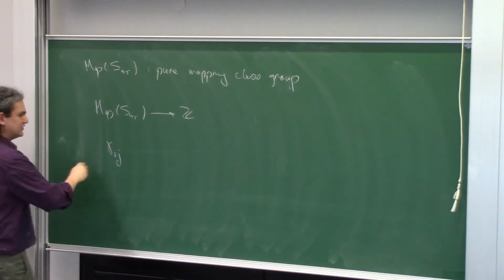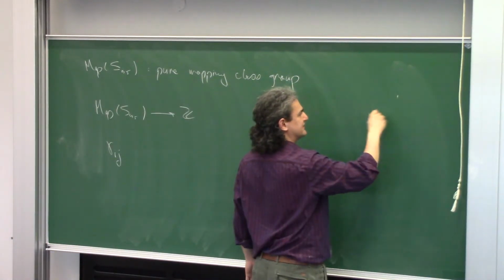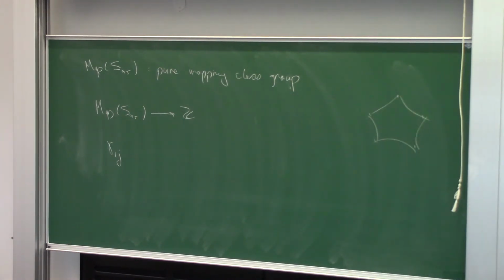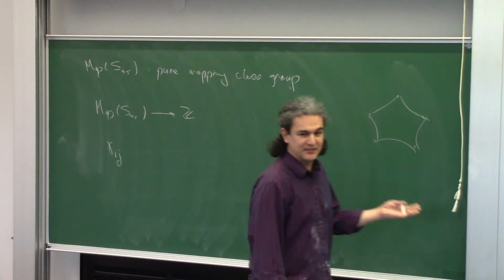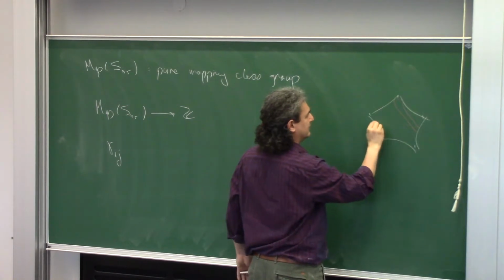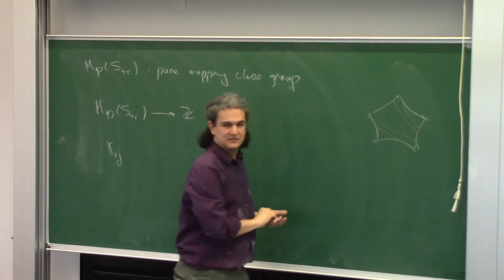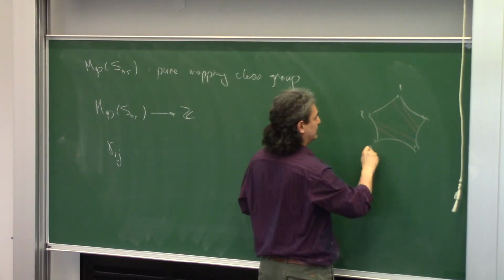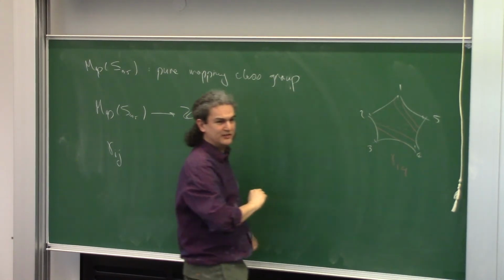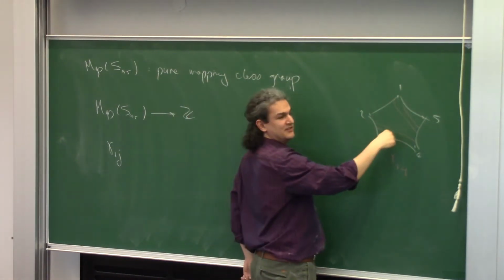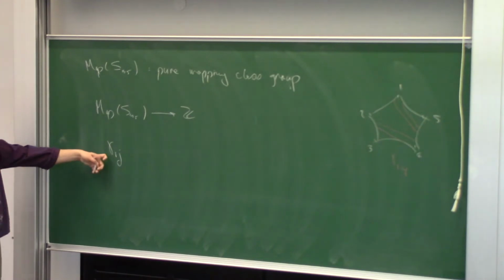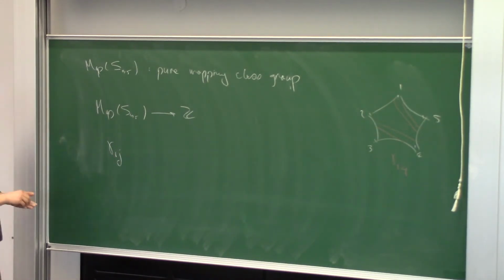So let's say gamma j. If I pick any curve in a 5-times punctured sphere, it always divides it into two subsurfaces. One of them has 2 punctures, one of them has 3. So for example, let's pick something like that, and that's punctures 1, 2, 3, 4, 5. I would call this gamma 1,4. Gamma 1,4 means the part of it which has 2 punctures has punctures number 1 and 4. So gamma ij is a curve which separates i and j from the other 3.